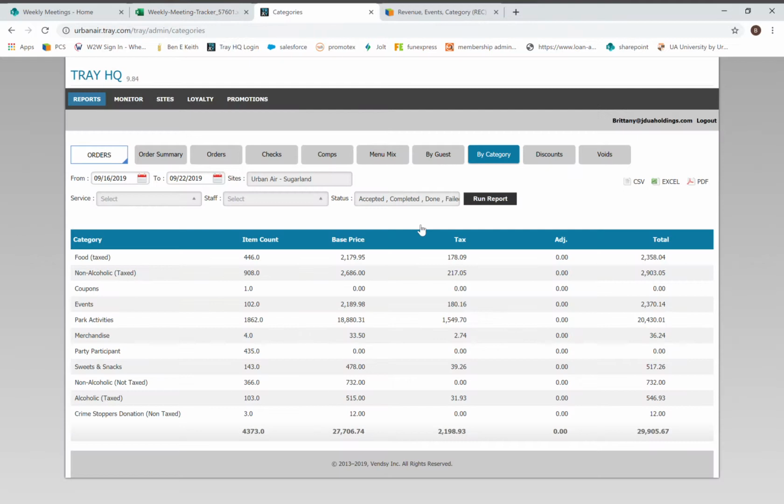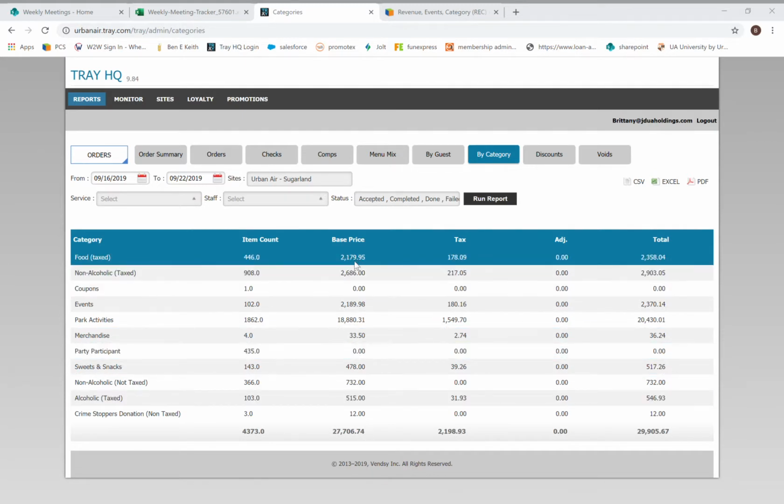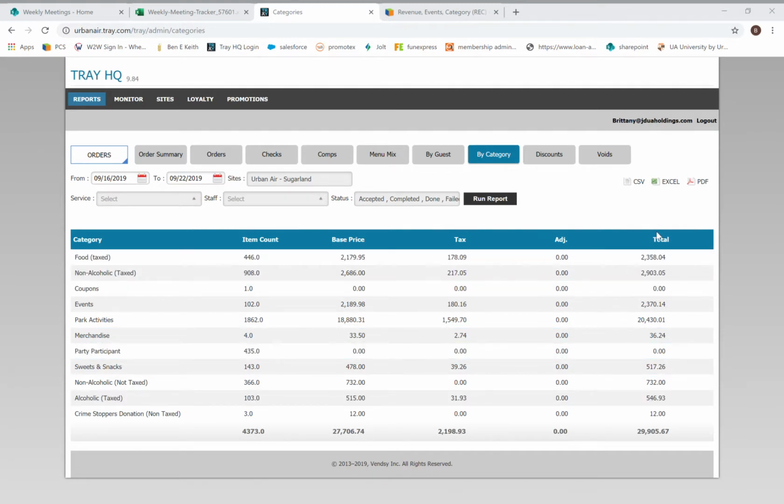So we're going to go back to the same page that we have on here. We're going to clear it out. And now we're going to add all the food and beverage, which kind of makes sense. So essentially, once again, the base price, we're going to start from the top. So I have $21.79.95 plus the non-alcoholic, $26.86